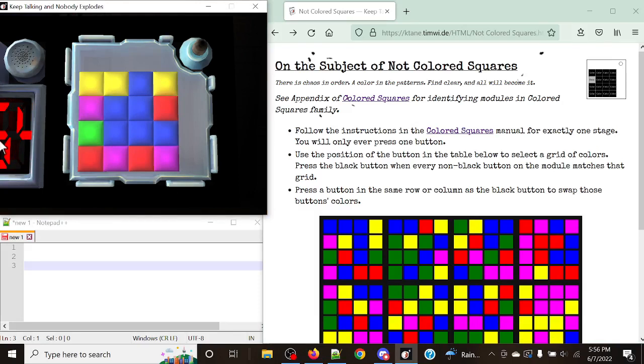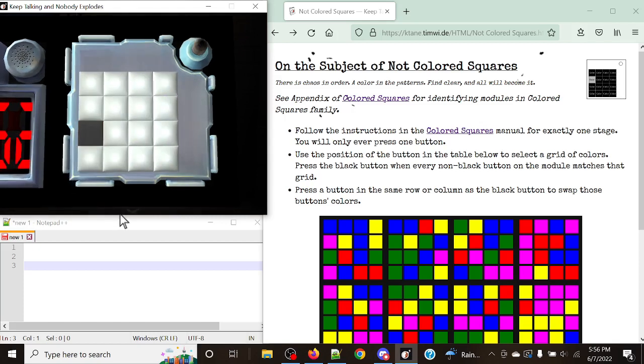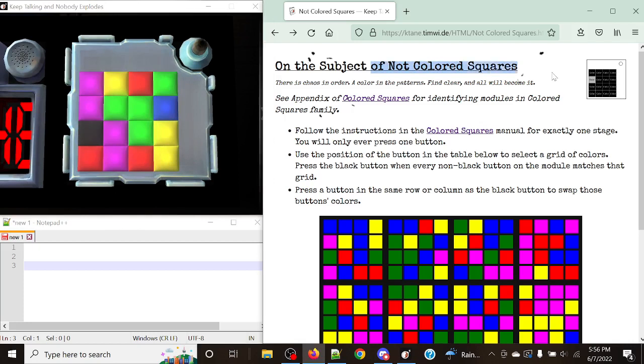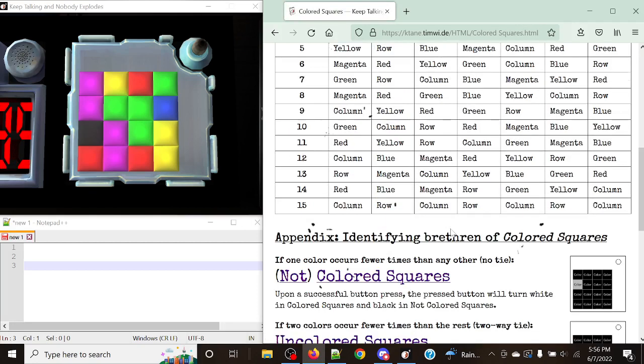Wait a minute, this isn't Colored Squares. This is not Colored Squares. So today we're going to be taking a look at Not Colored Squares. This is the way the module looks, and the catch that you might notice is that this is a little bit different. Number one, for those of you who are familiar with the normal Colored Squares variant, what the catch